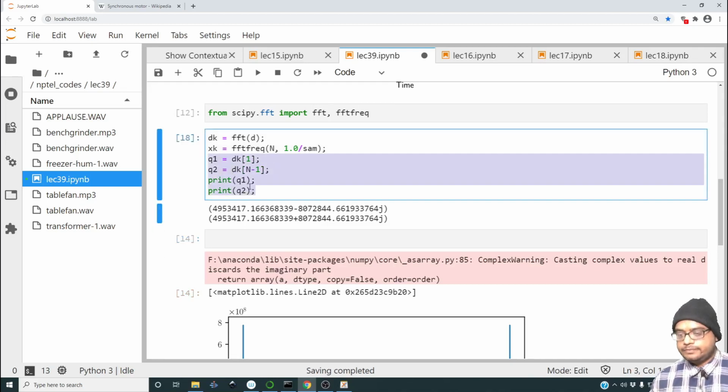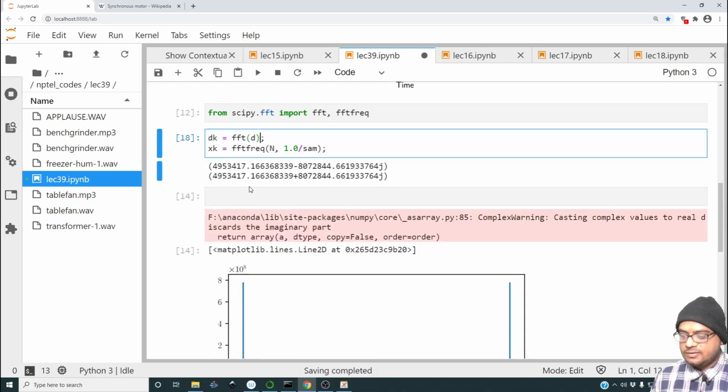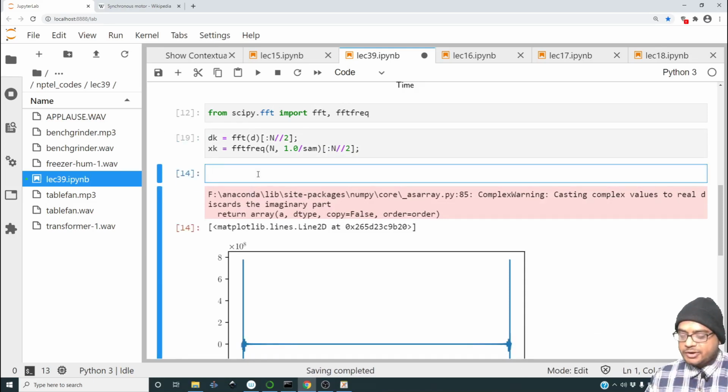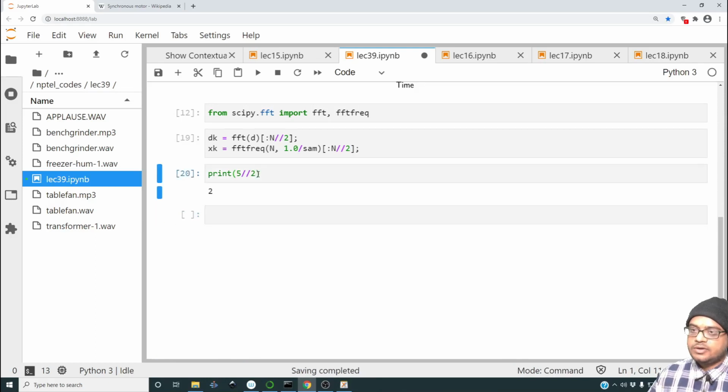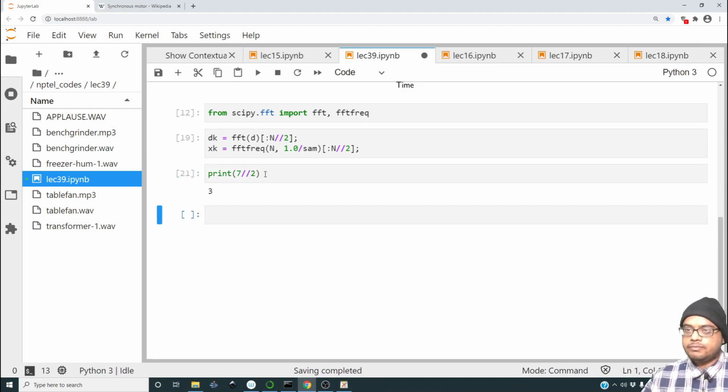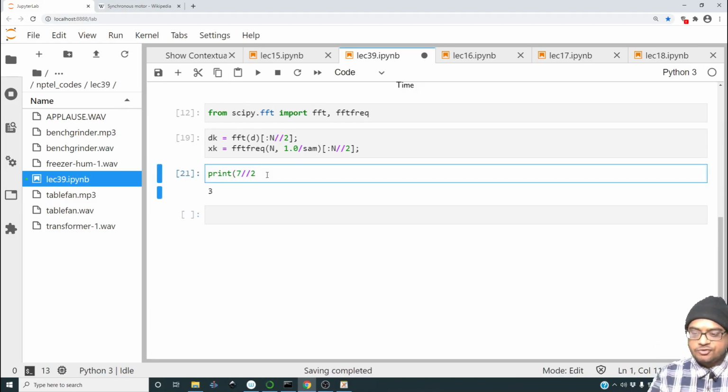Okay, in order to take half the values, we can simply take n ceiling 2. Sorry. In case you're wondering what that operator means, let me show you. Okay, it's the floor function. So essentially we are picking out only half the range. So once we've picked out half the range,